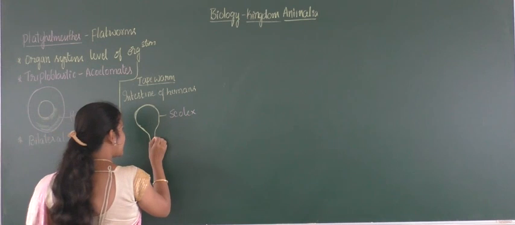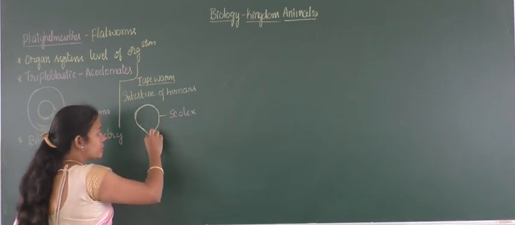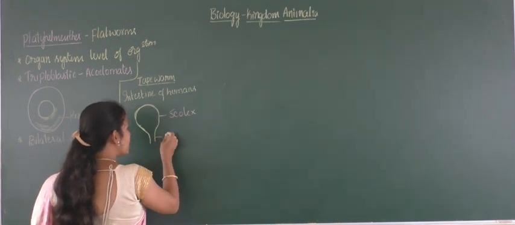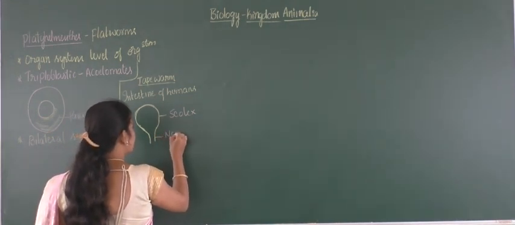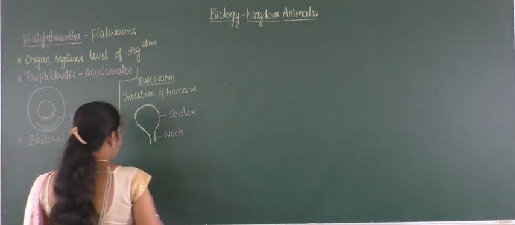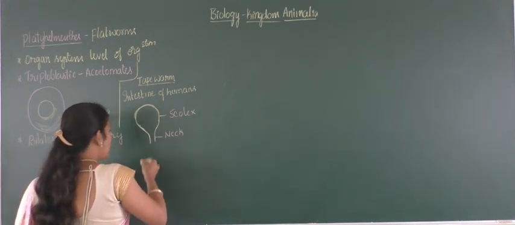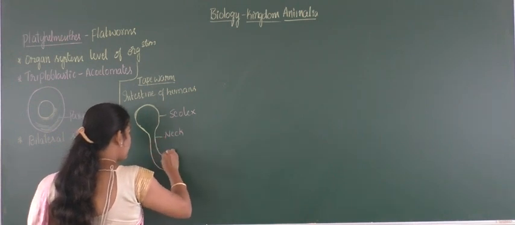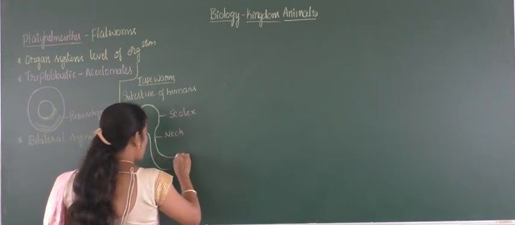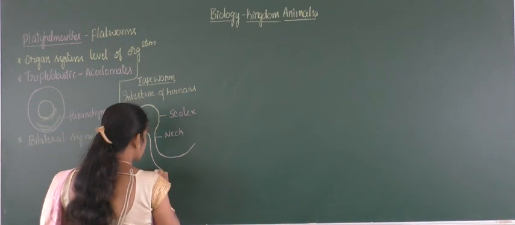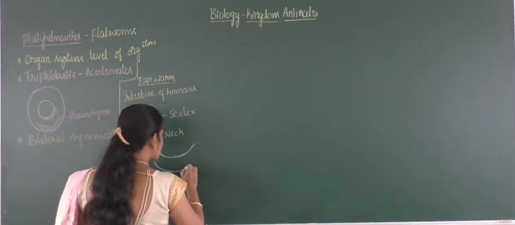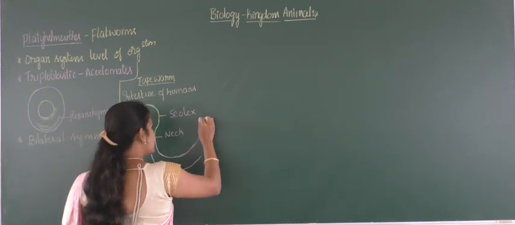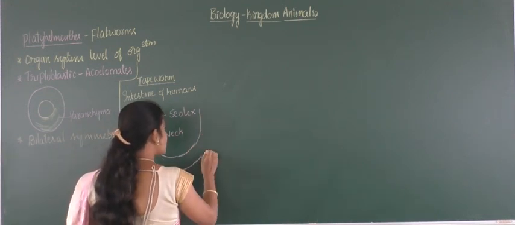And next, the extension without the segmentation. So here it is, the segments which are formed. Without segments, this is called a neck. Later on, it is going to be developed into a ribbon-like, lengthier and also wider segments. When it starts extending its body from anterior to posterior, it is going to show the wider segmentation.